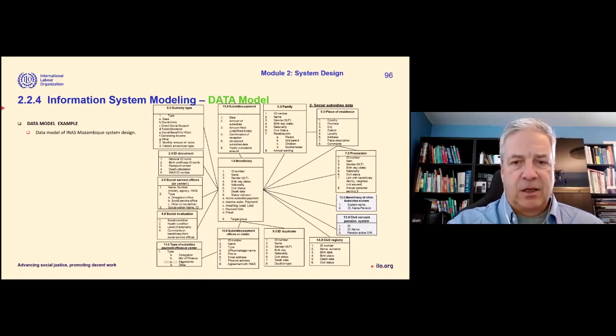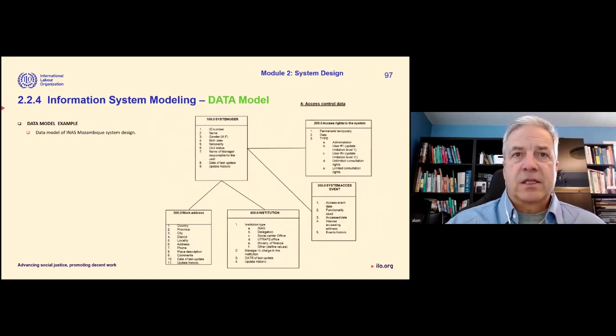And you see ID numbers everywhere. An ID number enables you to link data with other data. So that's one of the foundations of a database, an identification number for a data element. I will let you take a deeper look from your side at those models.